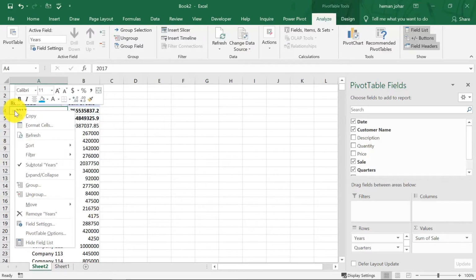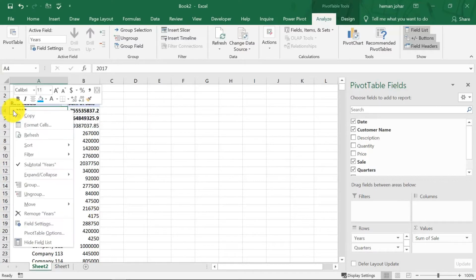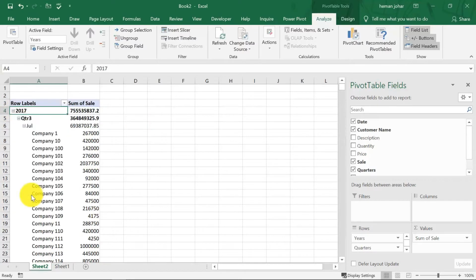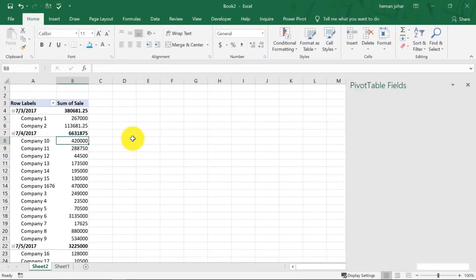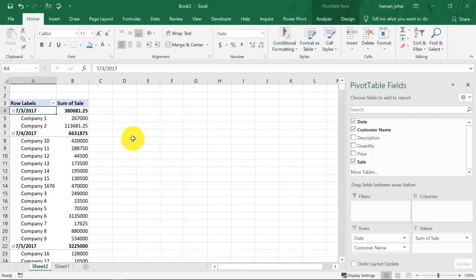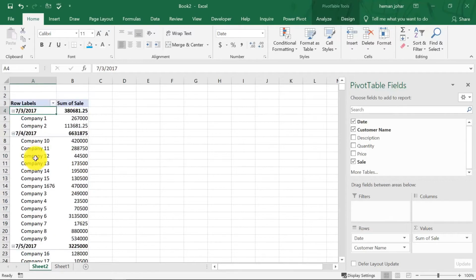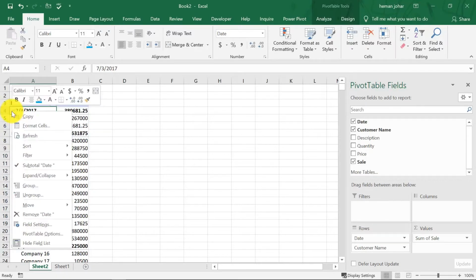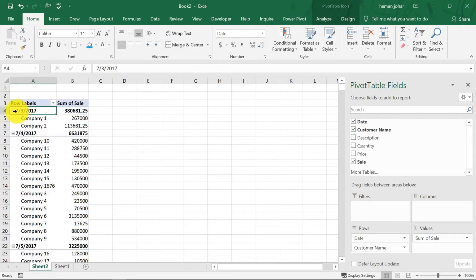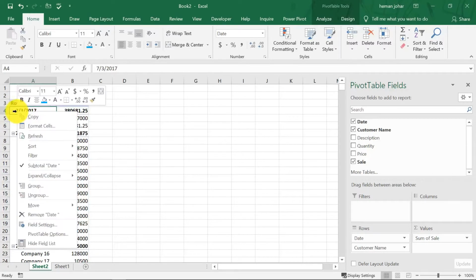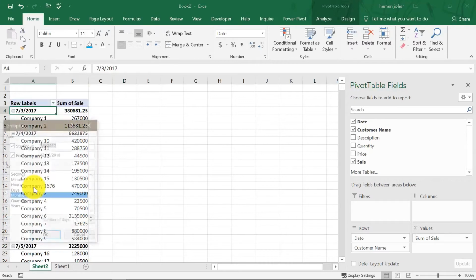If I right click on the date and click on ungroup, then this is how you would usually see data in your pivot tables. But with the advanced trick that I'm going to tell you, this kind of data is converted into an amazingly powerful analyzable tool. All you have to do is right click on the date and click on group.